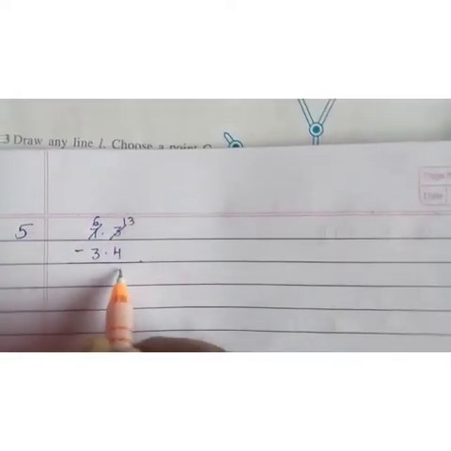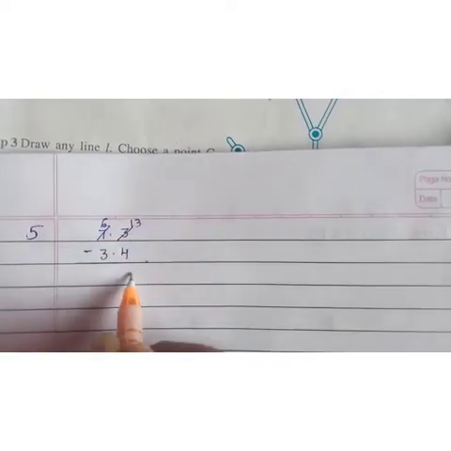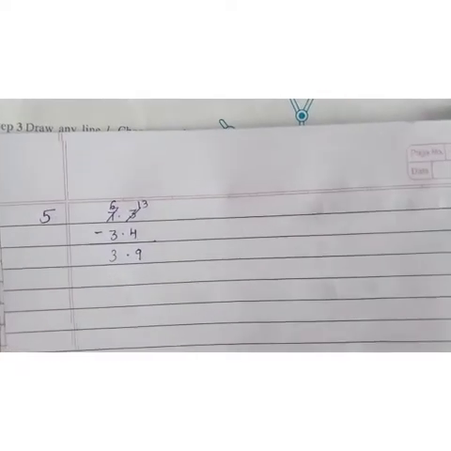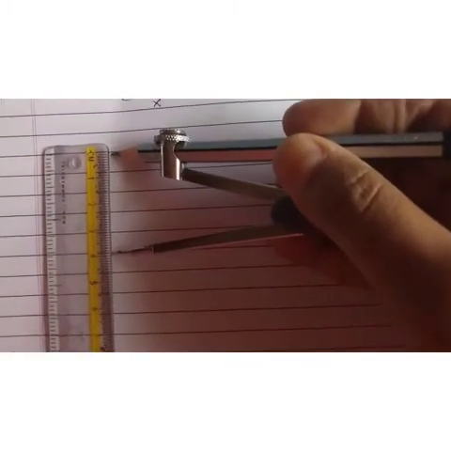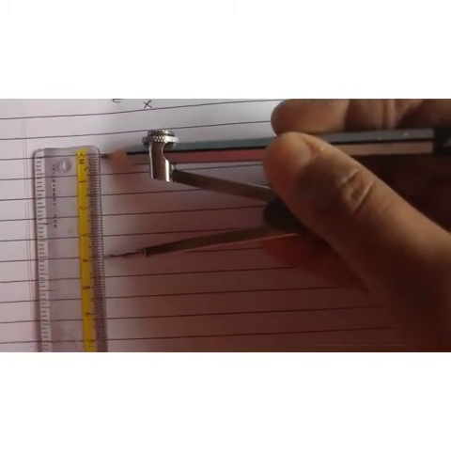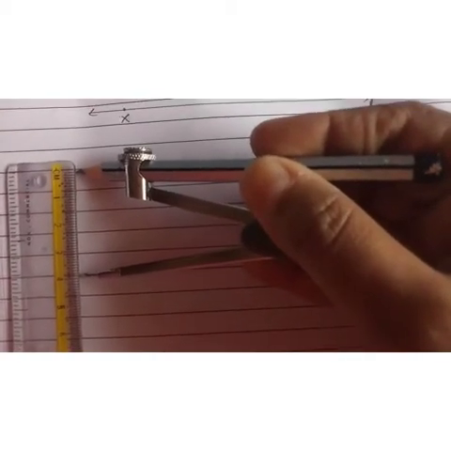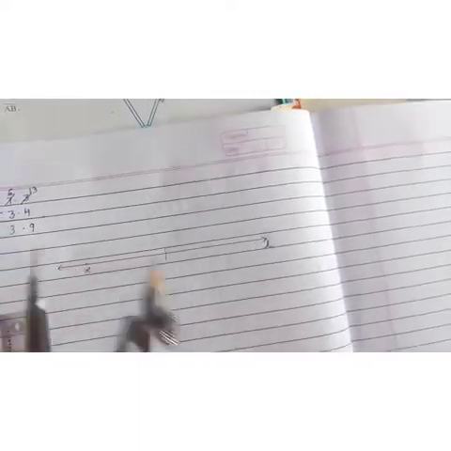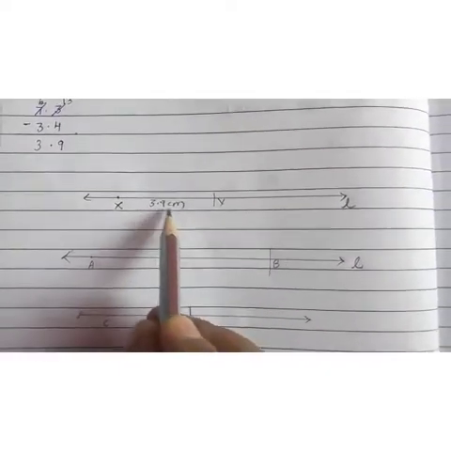So subtract, 3 minus 4 cannot do, so borrow it. 13 minus 4 becomes 9, place point. 6 minus 3 is 3. So a 3.9 centimeters line you have to draw. So children, observe it, 3.9. It is a little bit dark, but try to see it. It is 3.9 measurement. Take it accurately, and then with X as the center, just cut the line, and this becomes Y. So mark 3.9 centimeters.